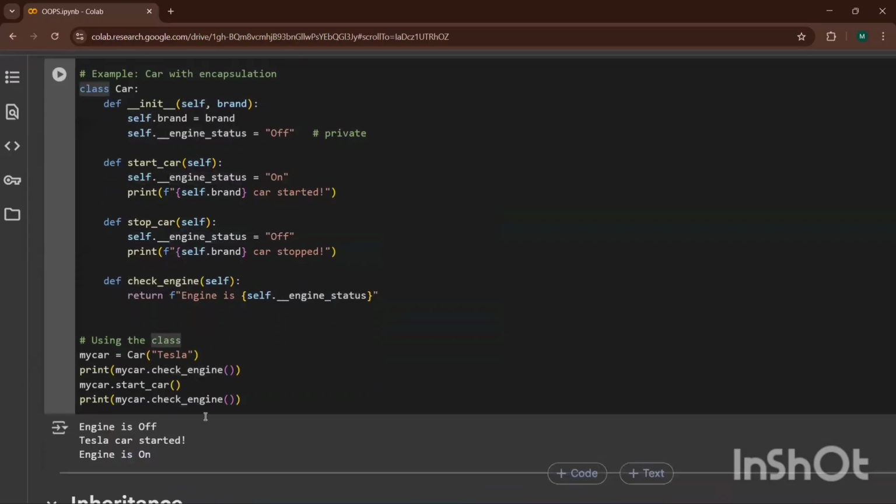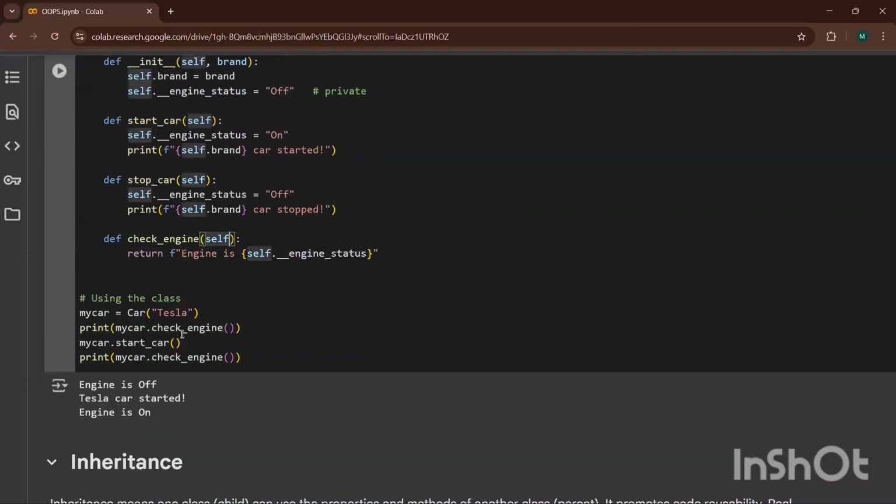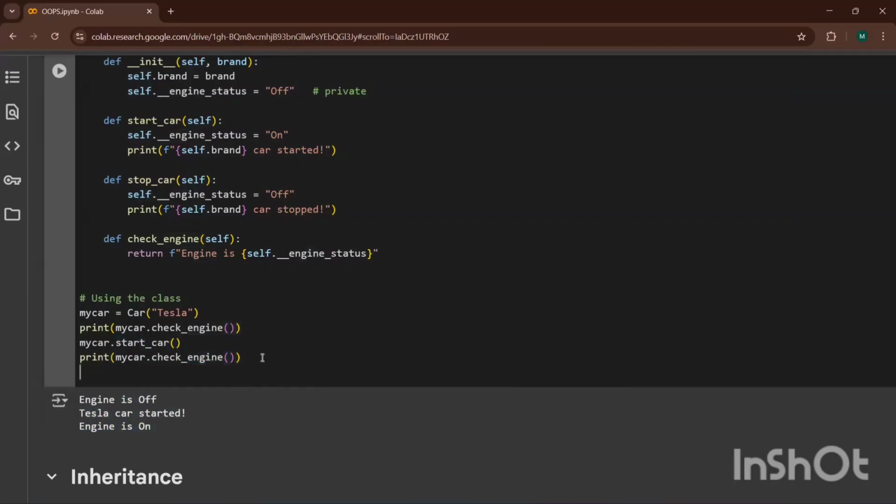And now using the class, just create the instance: my car Tesla. First of all, check the status of the engine. It will be off because by default I have put it as off. Now I'm using start car. Then if I check my engine status again, it will be on. Now let me show you one more thing over here.